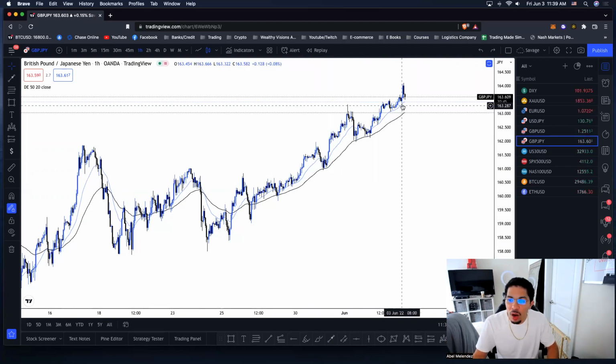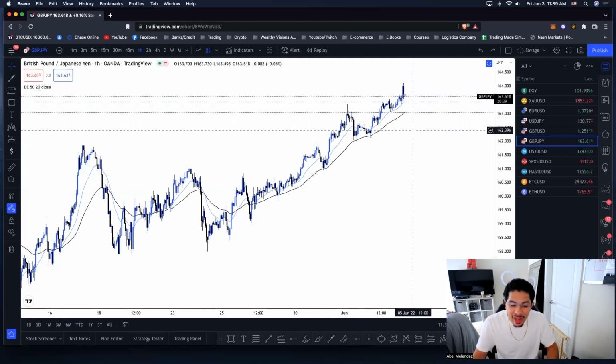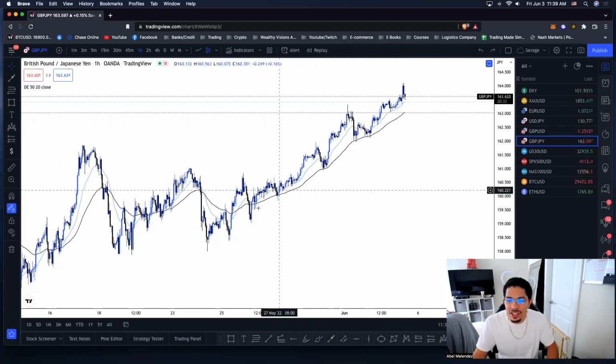And whenever they cross, like if the actual 20 was to cross below the moving average and then price ended up following that, then that is telling us that the market is reversing and we are going into more of a downtrend. Okay, so very simple. For GJ on the 1 hour time frame, we have been in a bullish trend, guys.